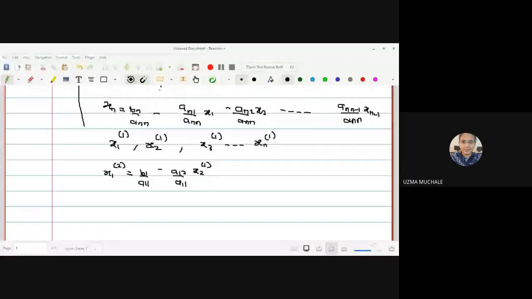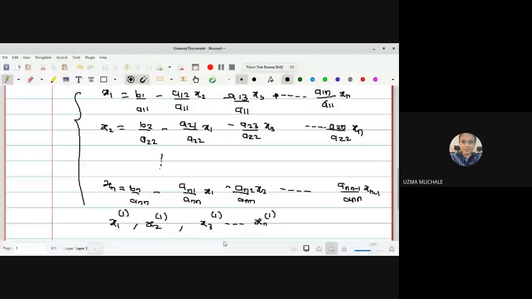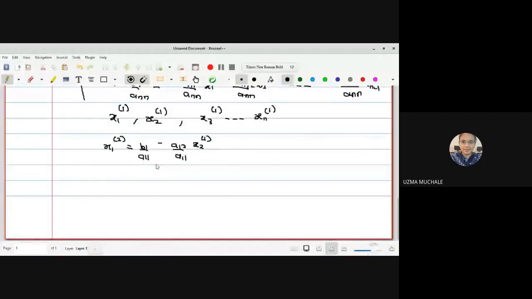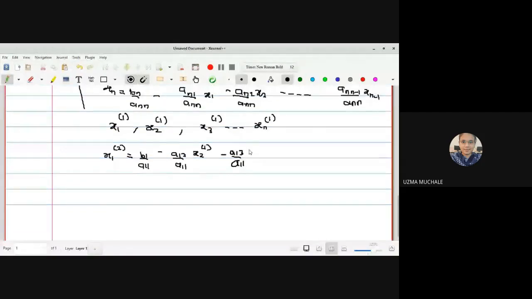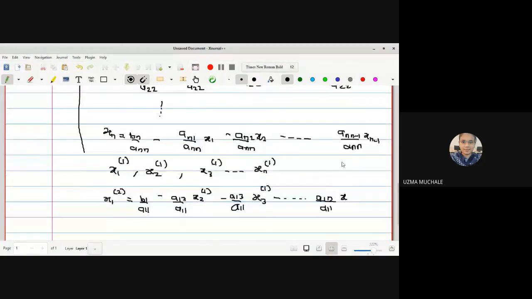Okay, in a very similar way, minus a13 divided by a11. What is the next term here? x3. Okay, instead of x3 we have to write x3 1, which means that we are using the first iteration values to find the value of a second iteration term. And in this way, the last term we can write as a1n divided by a11 x n